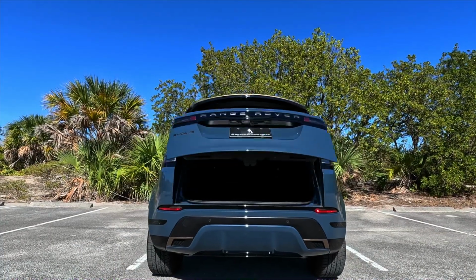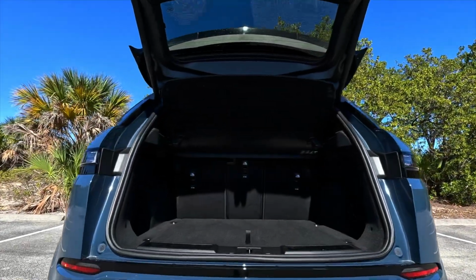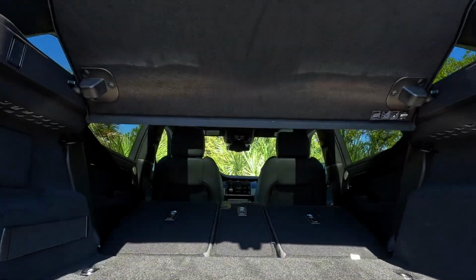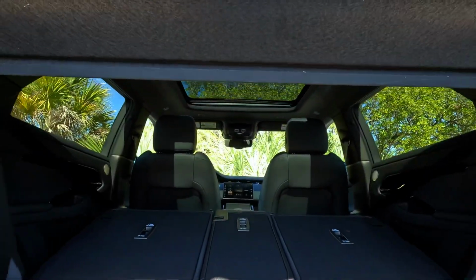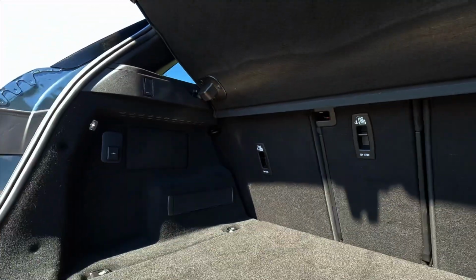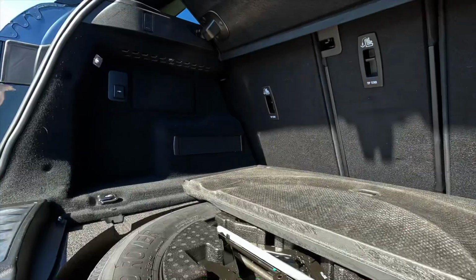Now, when it comes to cargo space, with the seats up, you receive 21.6 cubic feet of space or 50.5 cubic feet of space when the seats are folded in my preferred 40-20-40 split configuration. Other features include a cargo cover, a 12-volt port on the left side, and a temporary spare tire under the